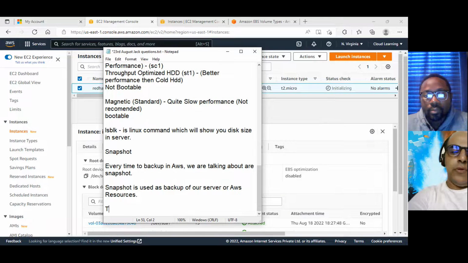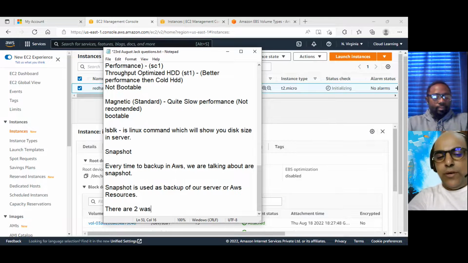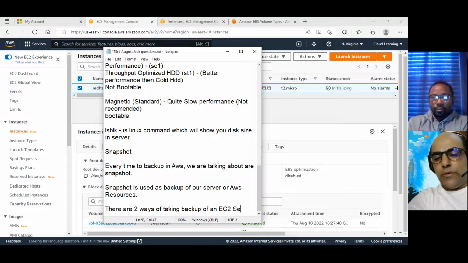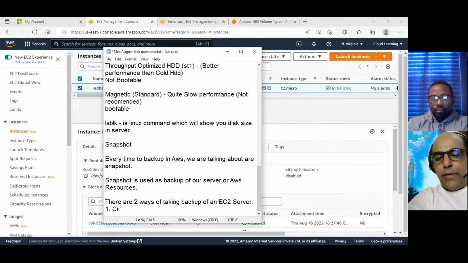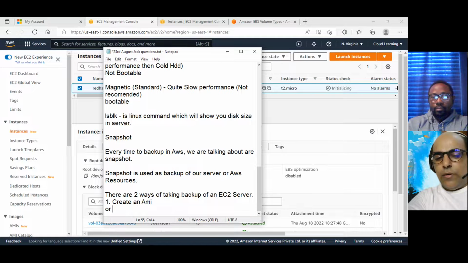There are two ways of taking a backup of an EC2 server: create an AMI or create a snapshot.